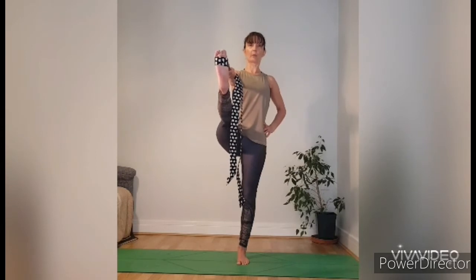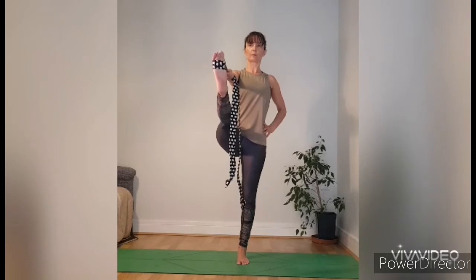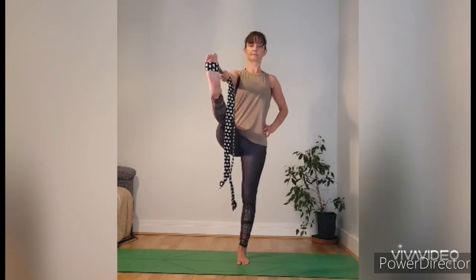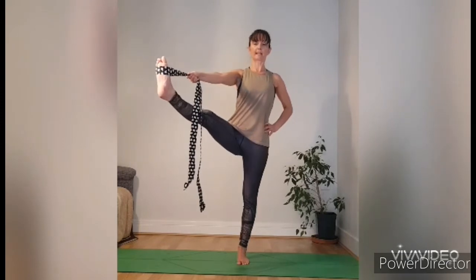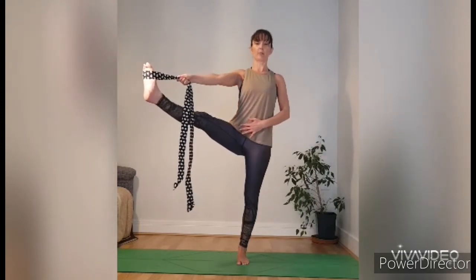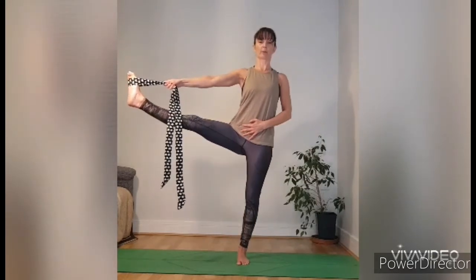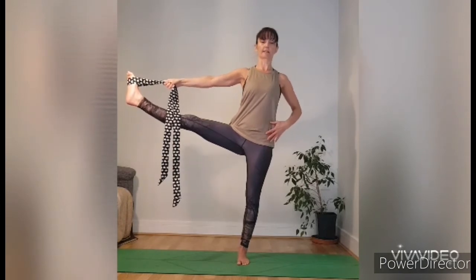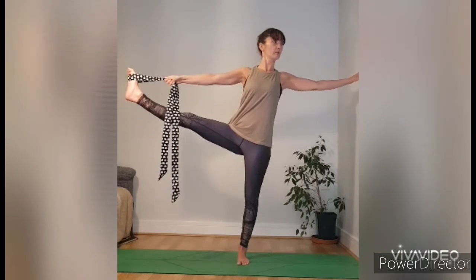Lift the toes up, push the heel away. Your gaze is towards your big toe. Find your balance, and when you're ready, slowly beginning to take that right leg out to the side. Both hips are going to stay pointing forwards as we open up the right hip and the inner thigh out to the sides. You can gaze over your left shoulder,